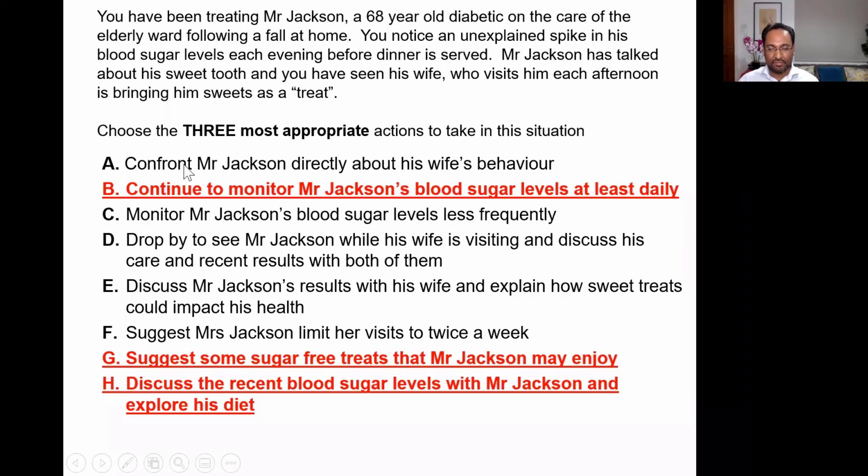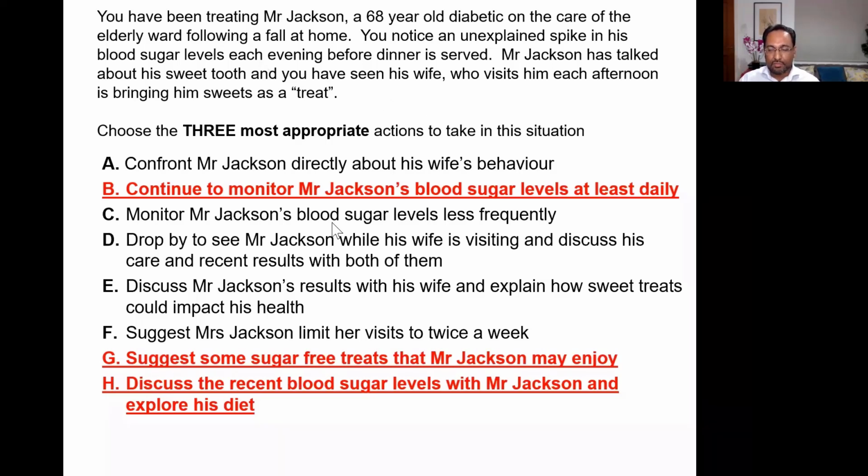The word confront. Okay. This is a patient. He's in hospital. He's your patient. Is it appropriate to confront someone? No, you might discuss something with him, okay? You might approach, you might have a chat about it, but to confront a patient is inappropriate. It's a negative for empathy and sensitivity. How do you think they're going to feel? Especially as it's about someone else's behavior. He can't control his wife's behavior necessarily, okay? And so A is out because it shows a negative for empathy and sensitivity, one of the 3 domains, okay?